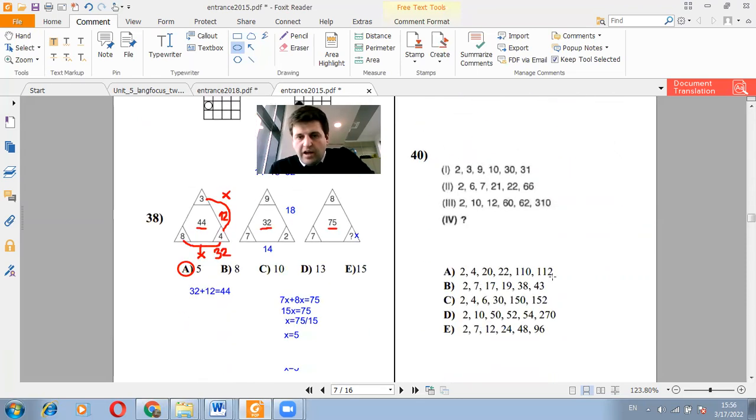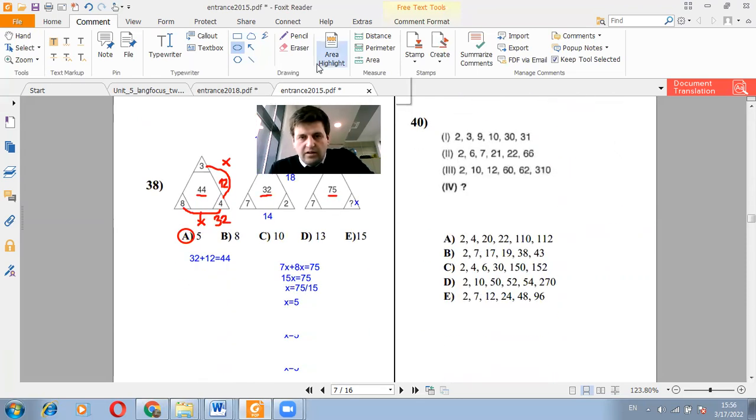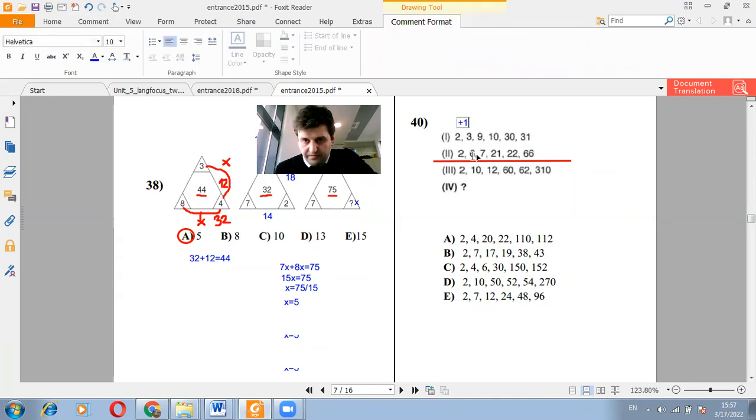And the last question for today is a line sequence, and I told you that in this format it means there's a relationship between 1 and 2, and there should be a relationship between 3 and 4. In this case, look at the numbers, how they increase. We have plus 1 here, then times 3. Then again plus 1, then times 3, and then again plus 1, and it goes like that. Plus 1 times 3. Here down we have times 3